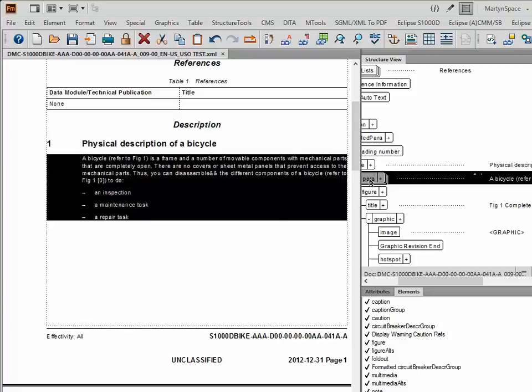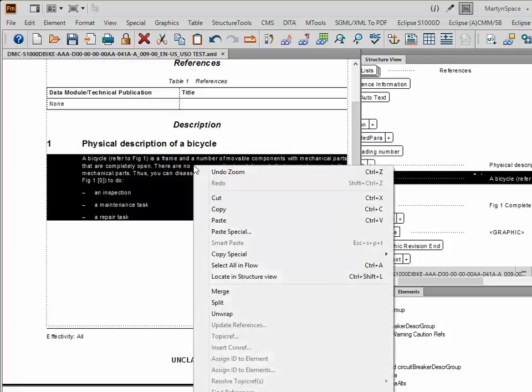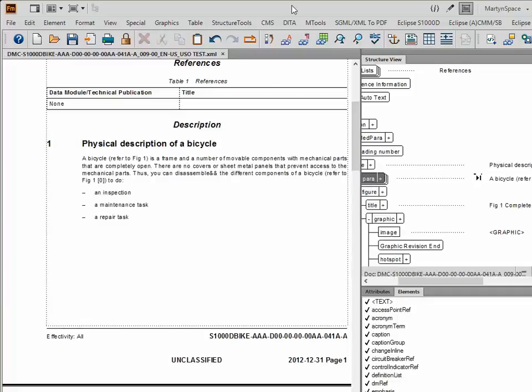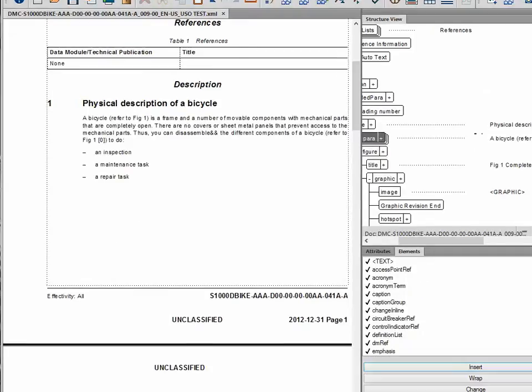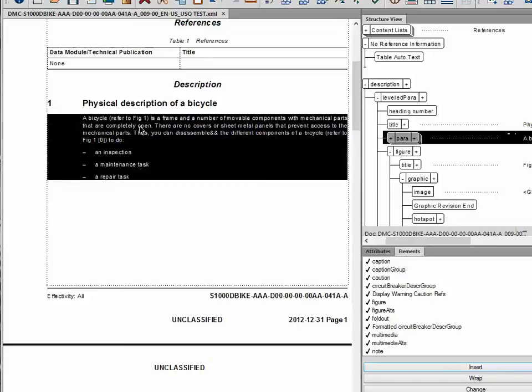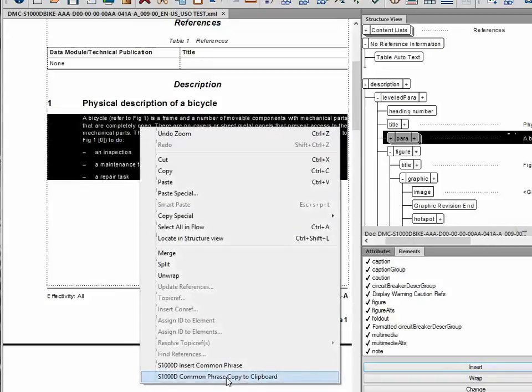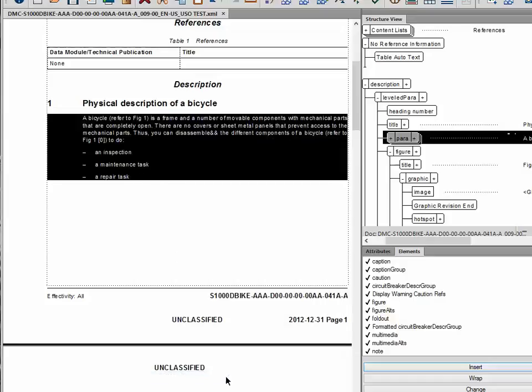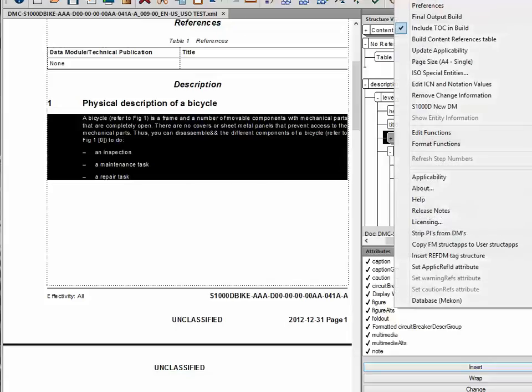You can either right click in the right hand side here in the structure view, or you can right click here now in there, and what you can see is that we've got a menu option. Let me scroll up a bit so that you can actually see that better. Right, so we'll highlight that again. And now if I right click, you'll see we've got the same information there. So if I now click on that, it's now copied that into the clipboard,